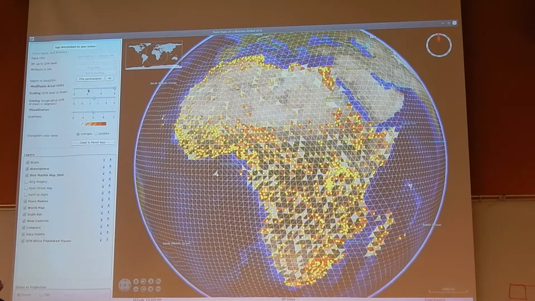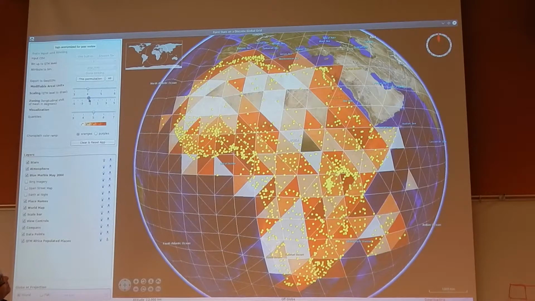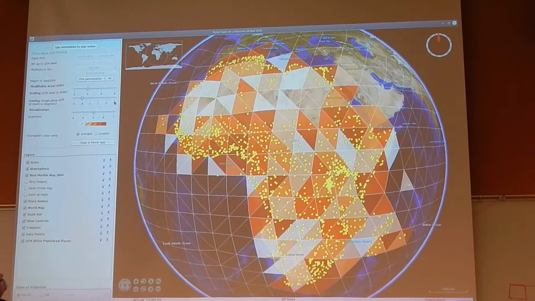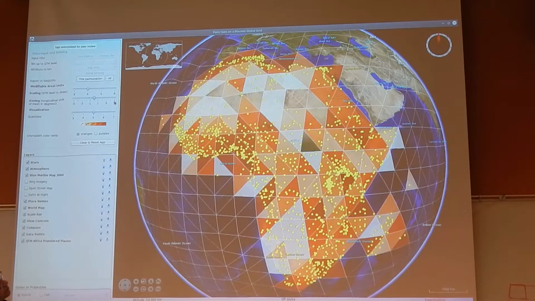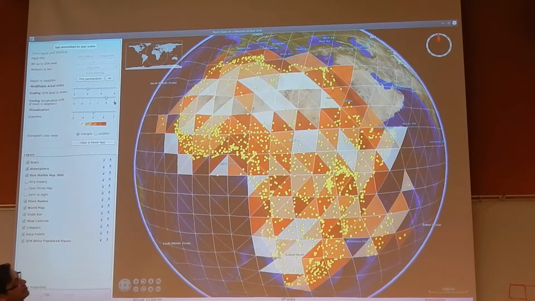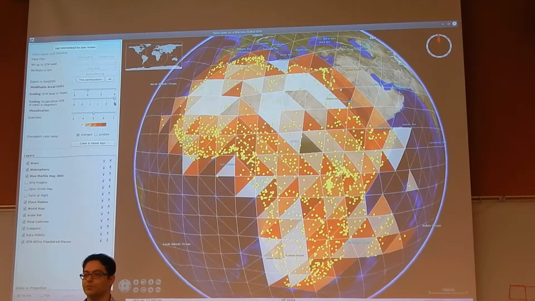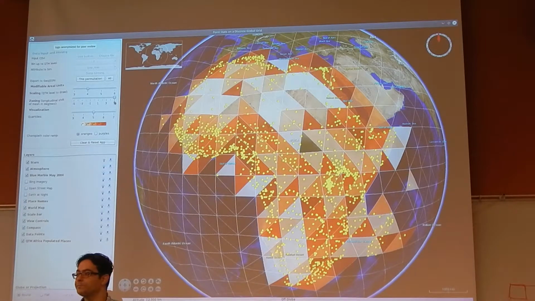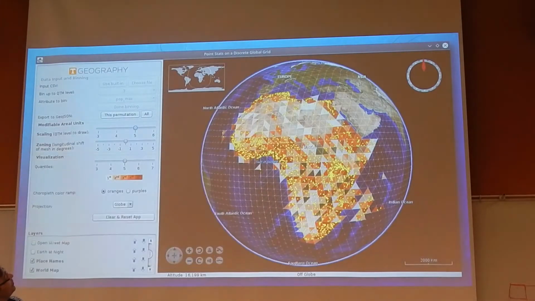So I thought a DGGS would be a beautiful way to illustrate it because you could deal with the whole planet this way, right? And if I shift the cells over, this laptop is just a little bit laggy. See, I'm shifting them a little to the west in this case. See, points fall in and out of bins, colors change, things that used to look like hotspots don't look like hotspots anymore. That's the modifiable areal unit problem, right? And so we built this app to illustrate it, and hence